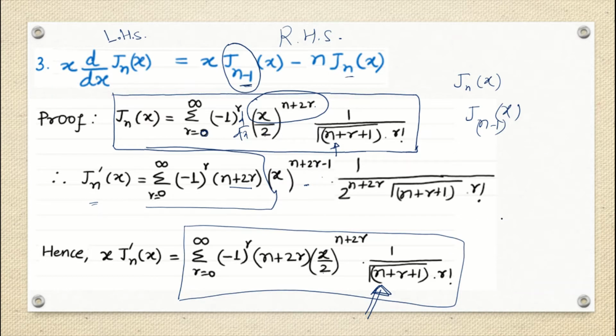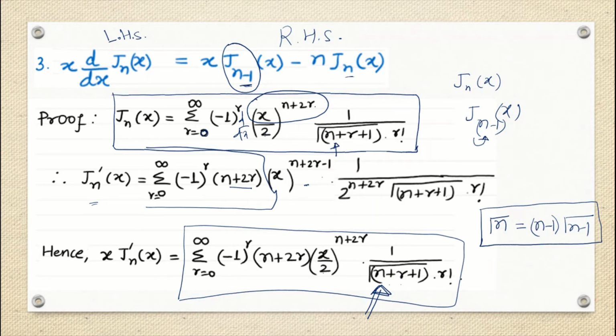That we know, right? We have seen this in the previous classes: what is the property of the gamma function? Gamma n can be written in terms of the previous term, right? n minus 1 into gamma n minus 1. So this is the property of the gamma function. This is something we have to memorize as a formula. So whenever you have to convert a Bessel function into the previous order Bessel function, always try to rearrange the gamma function so that you can write it in terms of the previous term.